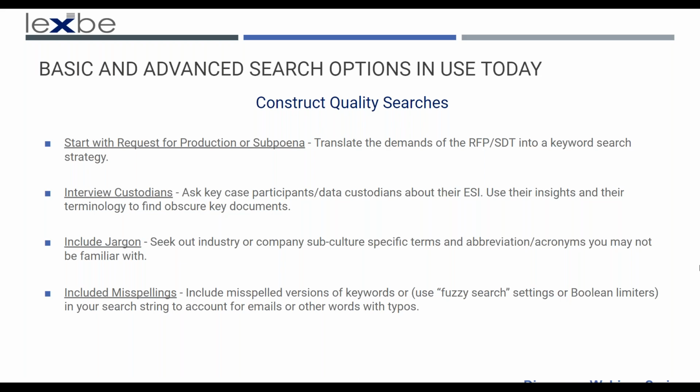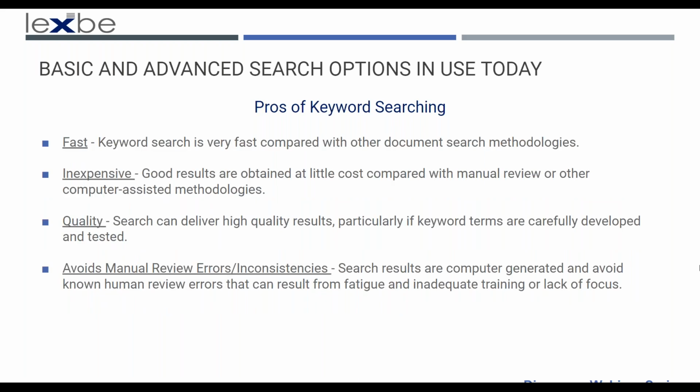There are many pros of using keyword searching, and one of the biggest ones that certainly litigators and attorneys and support staff are interested in is fast results. Keyword search is really, really fast compared with other document search methodologies such as a linear review, when you're looking at a document one by one. The fact that you can enter in a term or, more likely, a strong Boolean string, you can get from millions of documents to thousands of documents to hundreds of documents to then maybe a handful by using different search techniques. And that saves a lot of time if you're using your platform for what it's capable of doing.